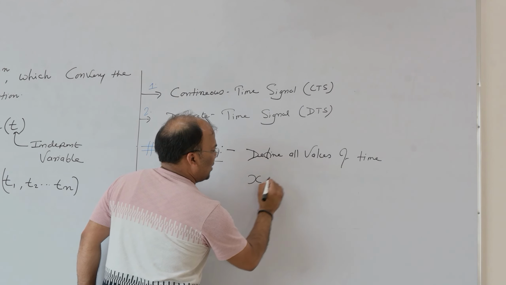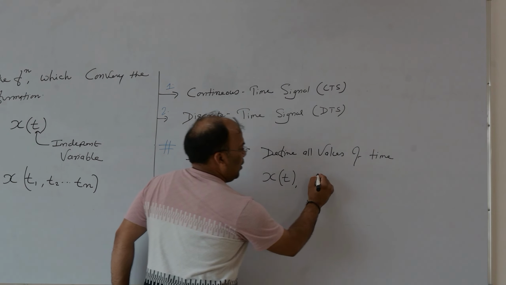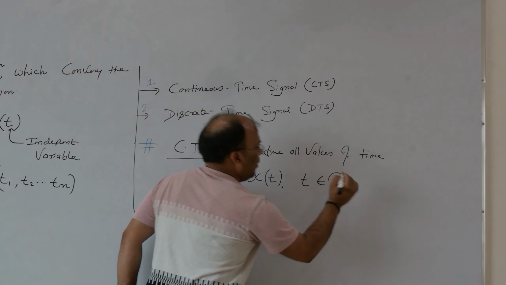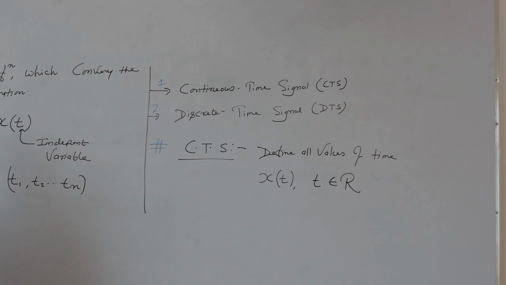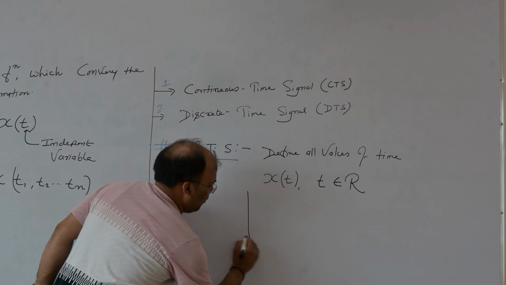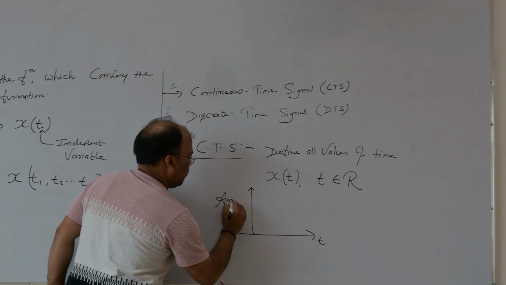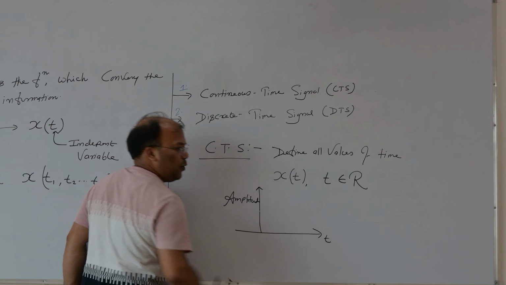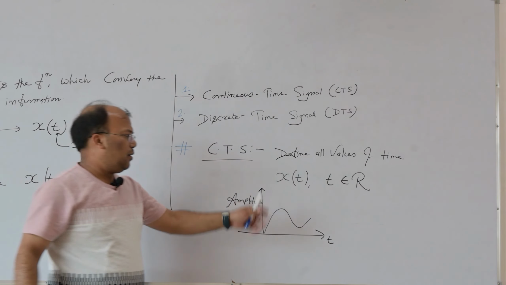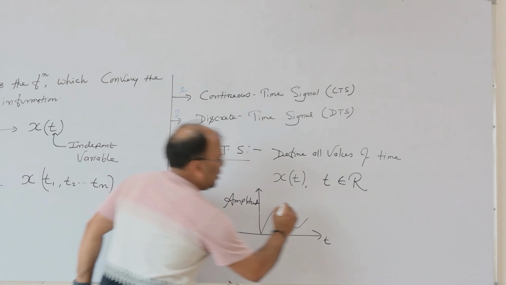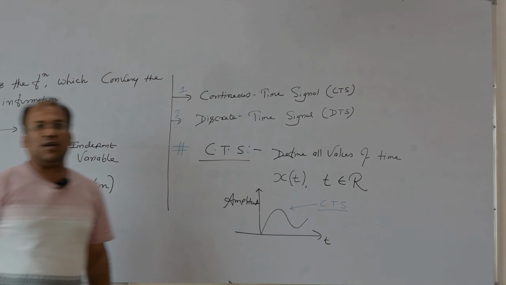That is s of t, where t is defined in all the values of time, and graphically, like this, this is the time axis, this is the amplitude axis. So this is my signal. This is an example of a continuous time signal,